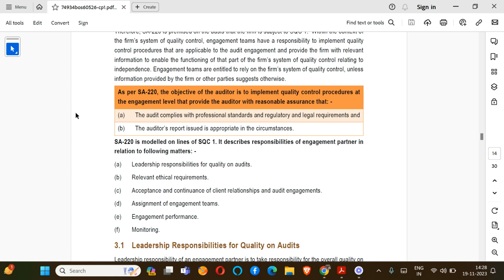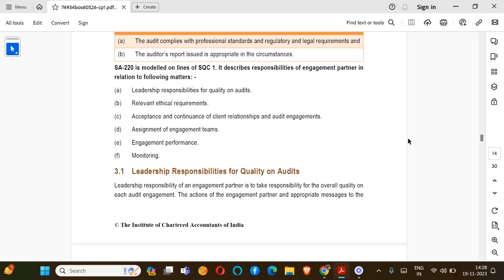So we have to give two reasonable assurances. First is that the audit complies with the PRL requirements, and second, that the auditor's report issued is appropriate. That's it. Okay? And SA 220 is modeled on SQC 1, as I told, and it has all the elements of SQC 1 only, which first was leadership responsibilities of